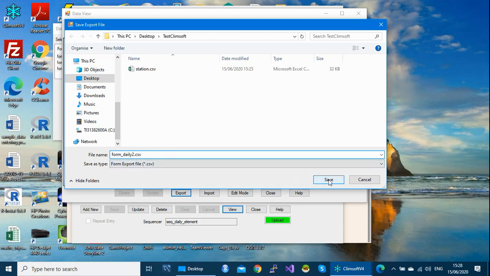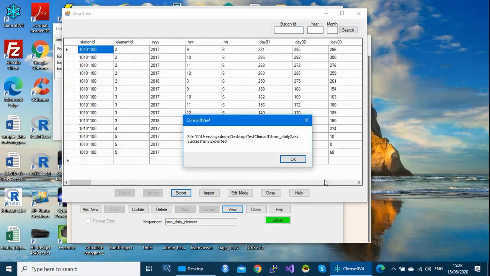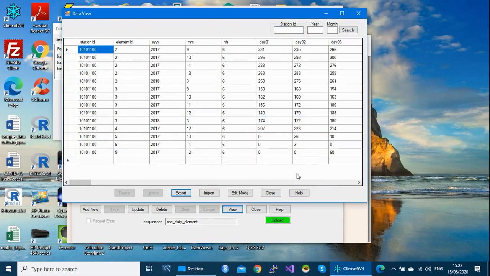And then click on save to locate, especially where you want your file to go. It will go at the desktop in this folder. So if you say save, so let's say exported successfully. Okay, and then you close this one,